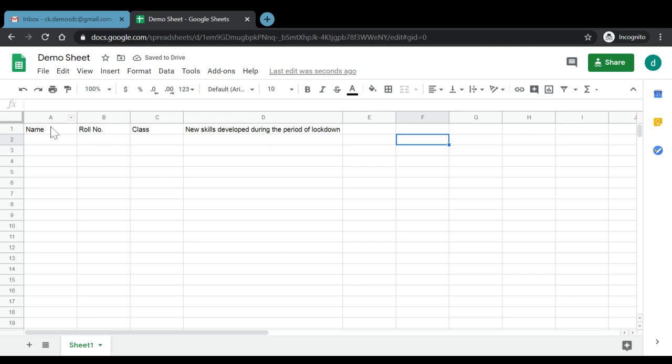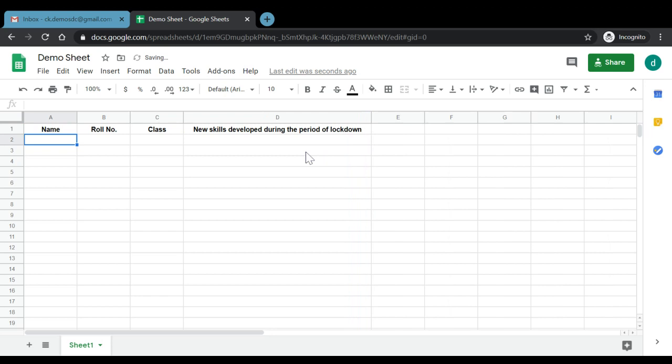So we can also make it bold, or let me just select the specific cells in which we have entered some content. We can click on bold. We can change the alignment to center aligned. Okay. Now what we can do, we can share this particular spreadsheet with our students, and ask the students to fill in their respective details.